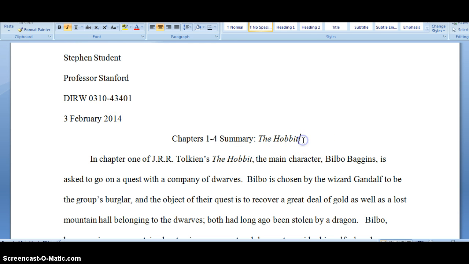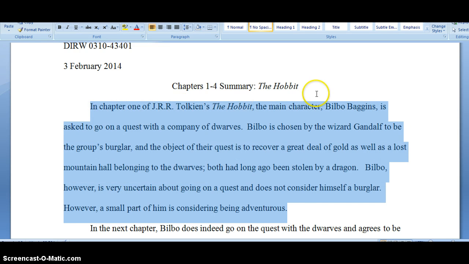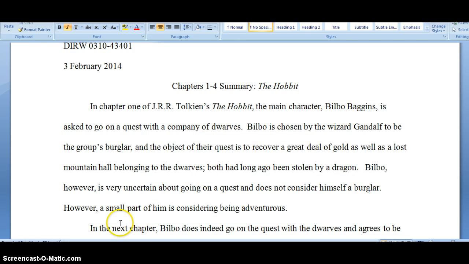Then we have a title, chapters 1 through 4 summary of The Hobbit, which is the example I'm using for you. So for this particular summary, we've got 4 paragraphs. Each paragraph is summarizing a different chapter. So this first paragraph here is summarizing chapter 1, where it discusses everything that happened in chapter 1 that was